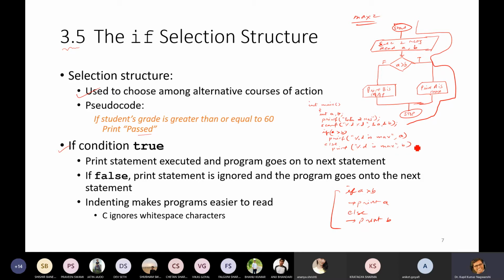This is our B. Now this program will stop executing here. So return 0 and finally write the curly brace.